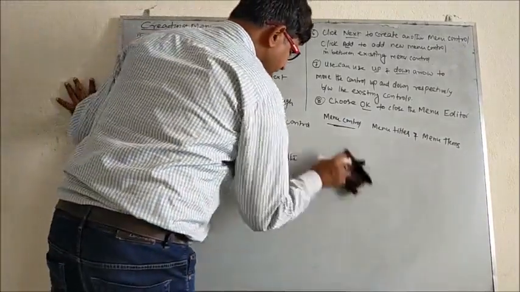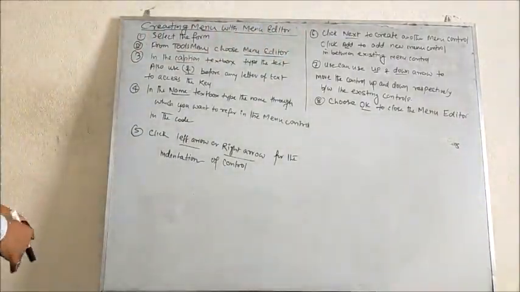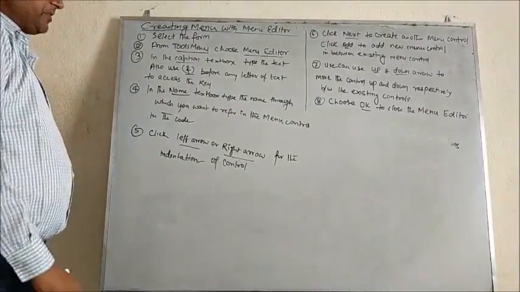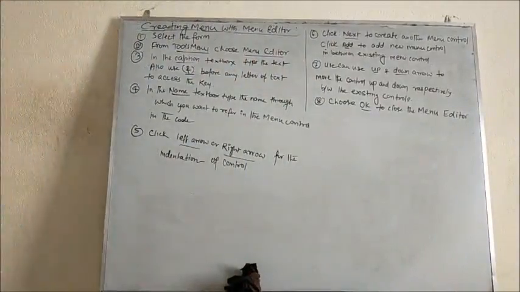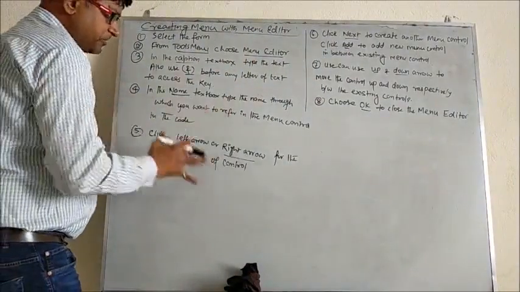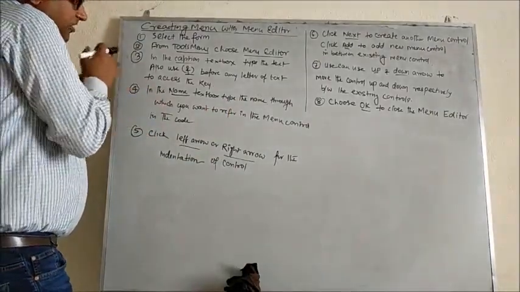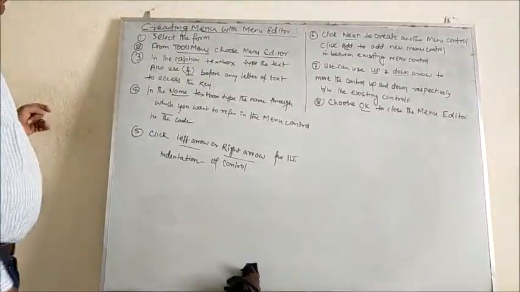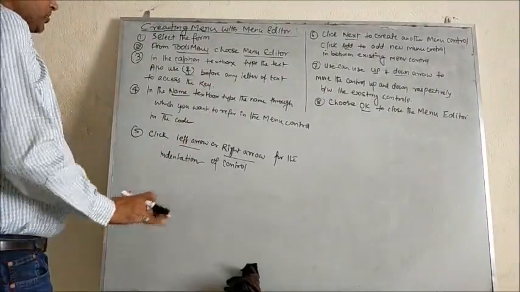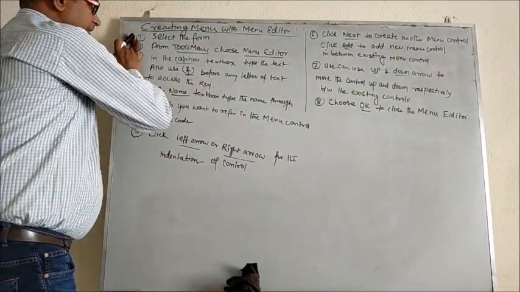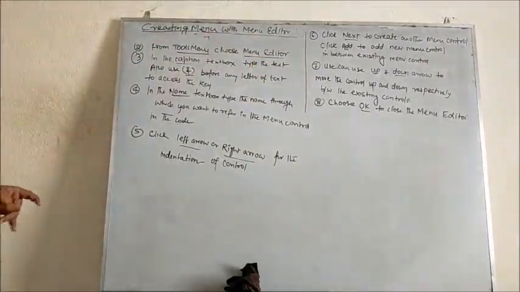So here I will take all the points one by one, and I will try to explain more clearly. First of all, you have to select the form, and due to the space on the board, whatever I explain later on, I will just remove that point so that I get a large space to explain in a better way. So select the form. I am just rubbing it for a while. Okay, I need some space also.